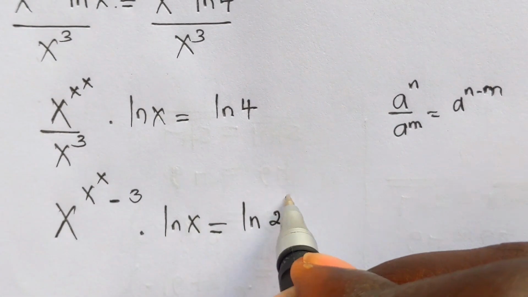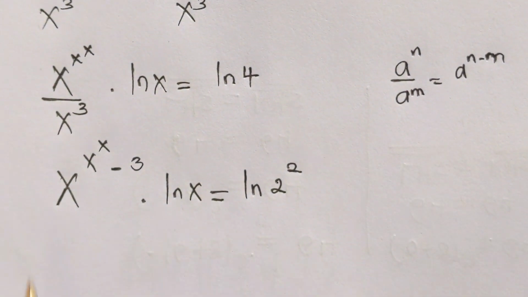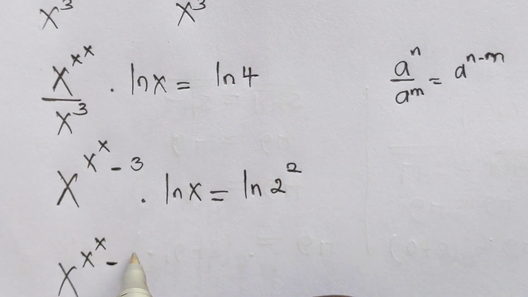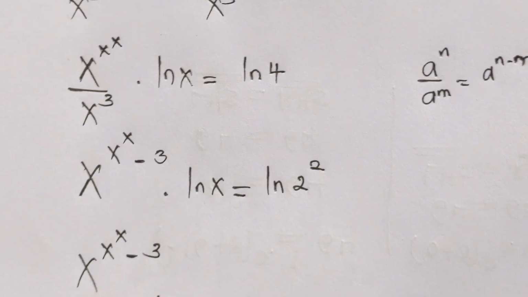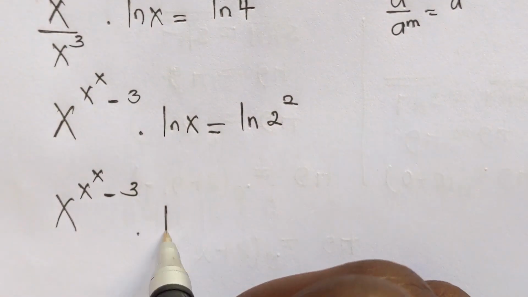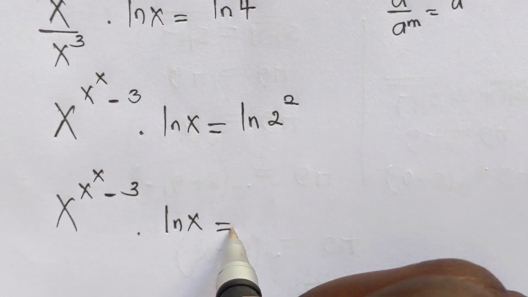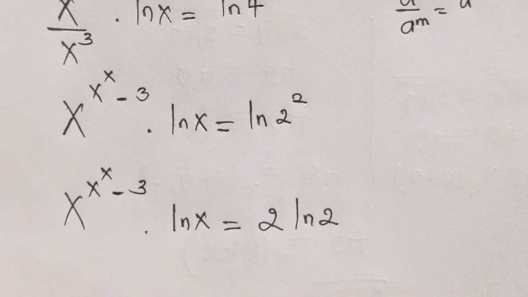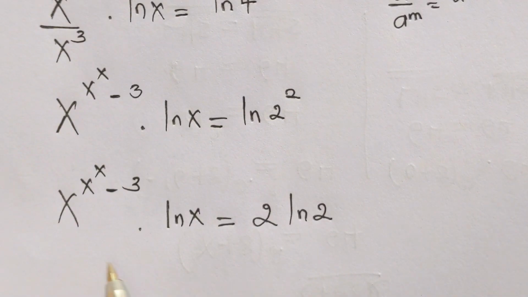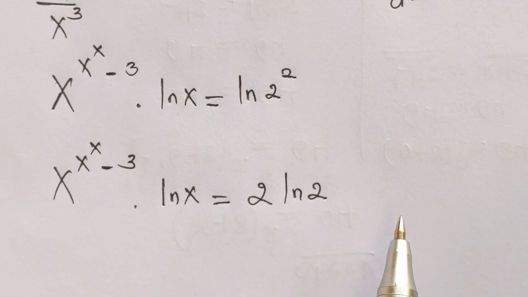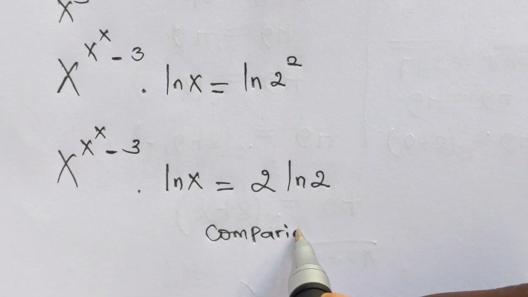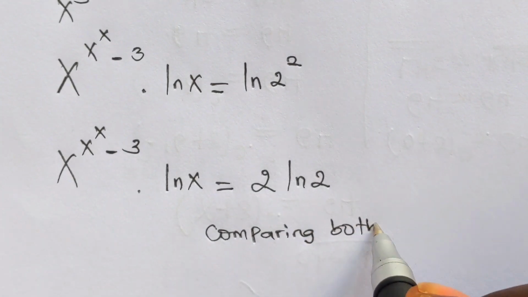which can be written as 2 power 2. And then at this stage we have x power x minus 3 times ln of x to be equals to 2 ln of 2. And then at this stage here we can equalize or compare the sides we have right here, whereas here, by comparing both sides,